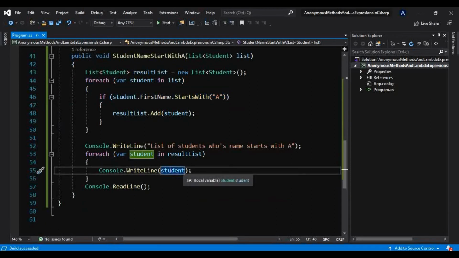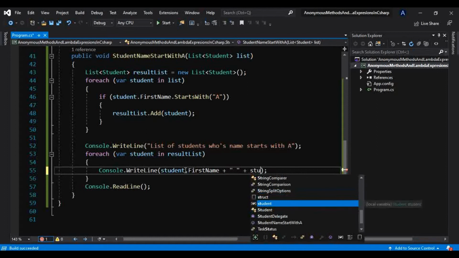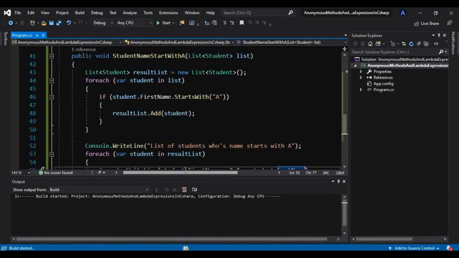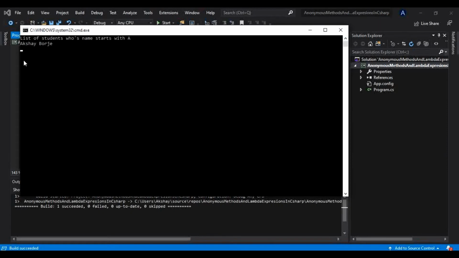Instead of that object, there should be a first name and a last name, that is student dot last name. Now I will run this, and we will get that student whose name starts with A. So list of students whose name starts with A, Akshay Borji.